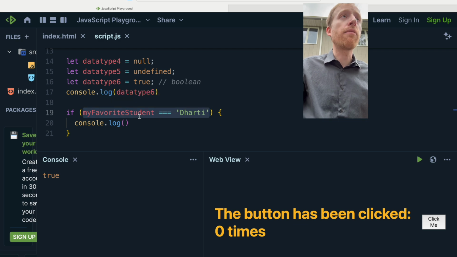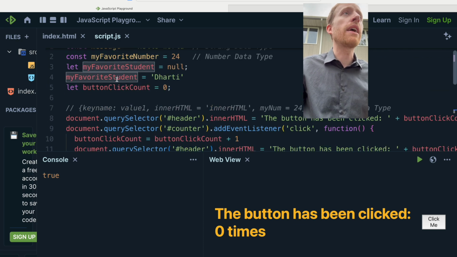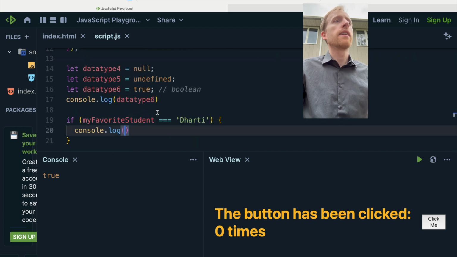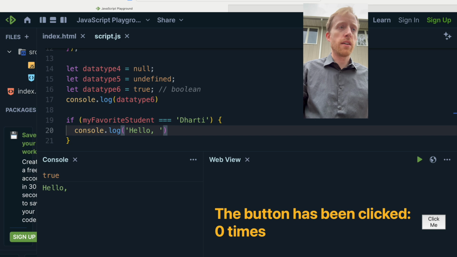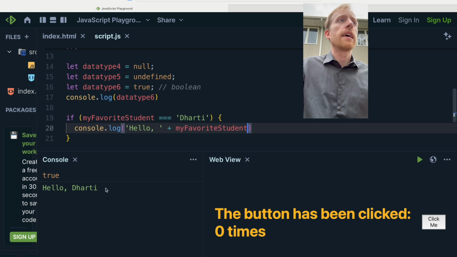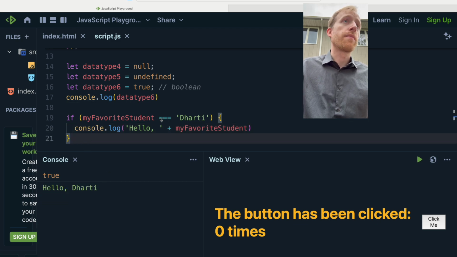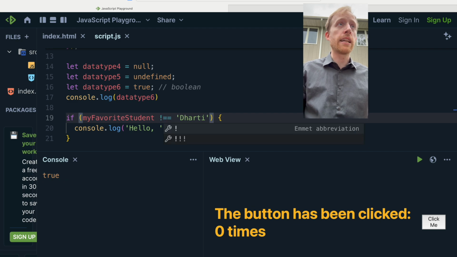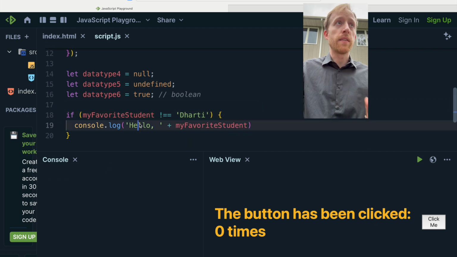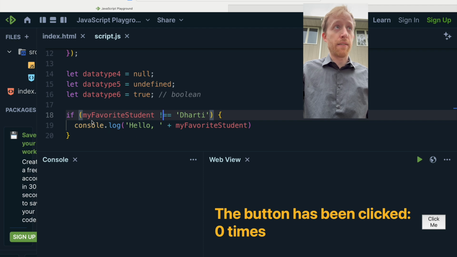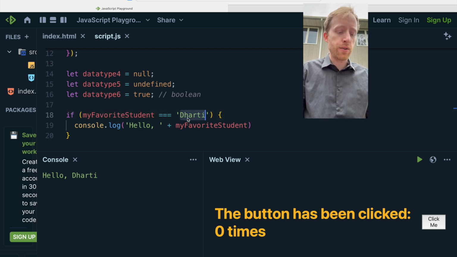So what that means is if my favorite student is Dirty, aka if we have set the value of my favorite student in memory to Dirty, then we will say hello. Hello, Dirty. Here, which we did. So you can see that worked. And we can also change it. If we say if it's not equal to Dirty, it goes away. So let me get rid of this here as well. If it is equal to Dirty, log it. Or if instead of Dirty we change it to Joe,